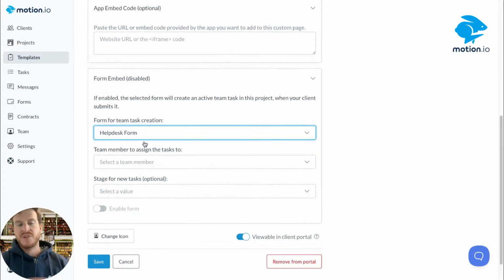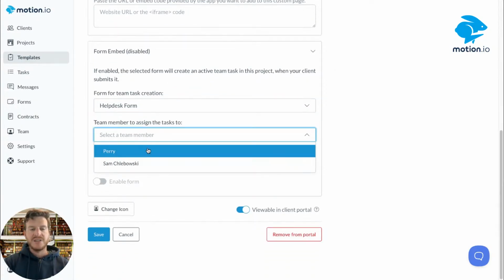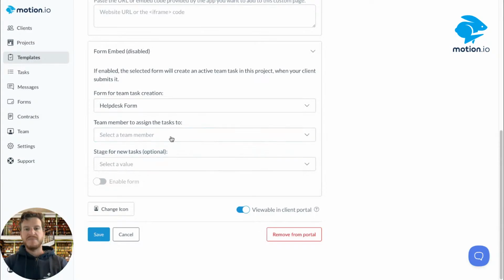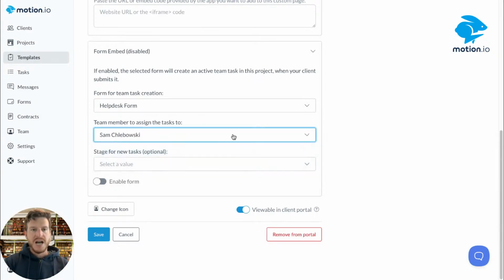I didn't add a specific question that asks anything about a team member, because the way that I can do that is actually right through the form embed interface here. So every time that this help desk form is submitted, I can assign it to any of the team members that are associated with my team. So for this form, I'm going to assign it to myself